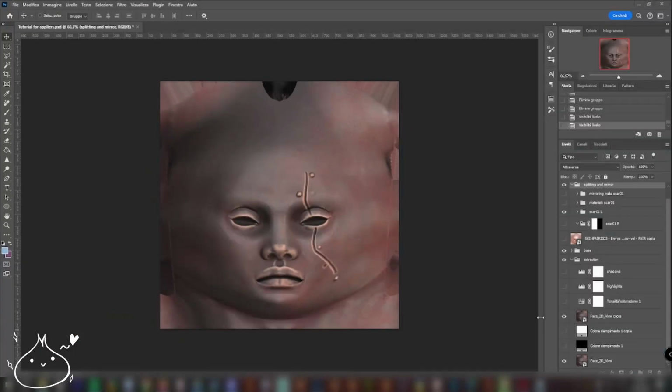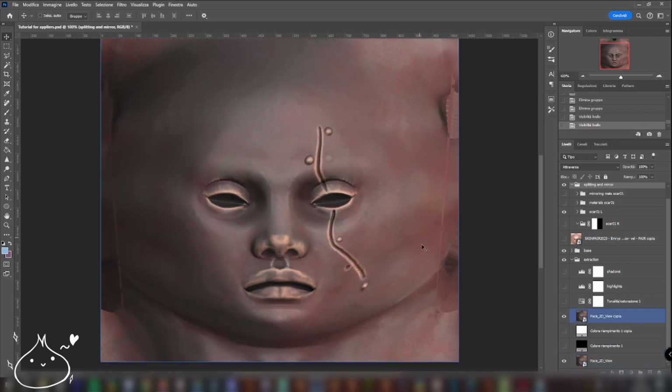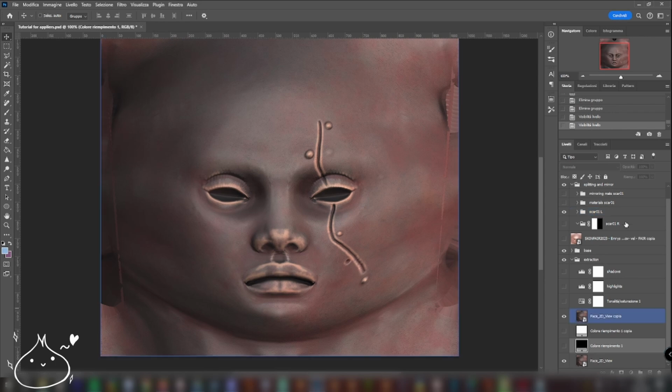Here we are, phase 3 at last. I'm gonna be doing this in Photoshop, but any program that you're familiar with, that you prefer to use for photo manipulation, is fine. So what we need to do is open up our 2D view that we obtained from Substance, and other things we need, as you can see here in my layers: a black fill map, a white one, and then we're gonna need some of these, but let's proceed